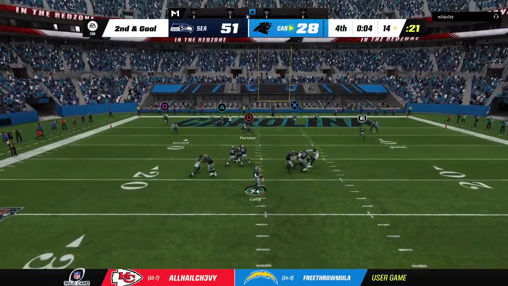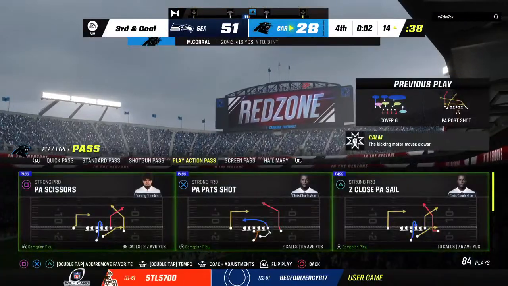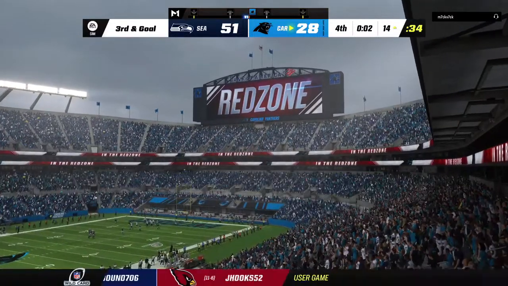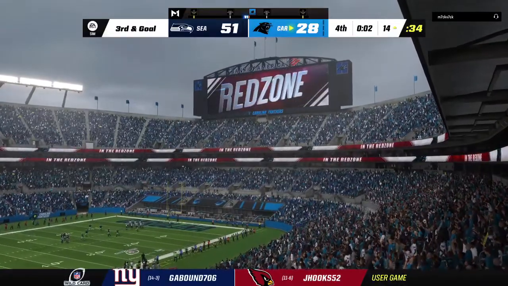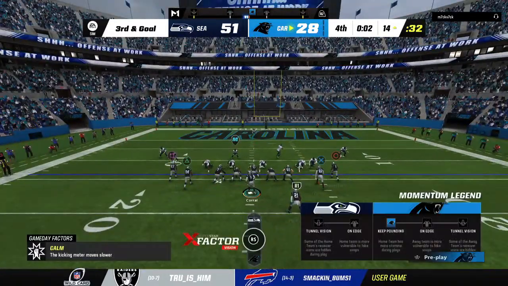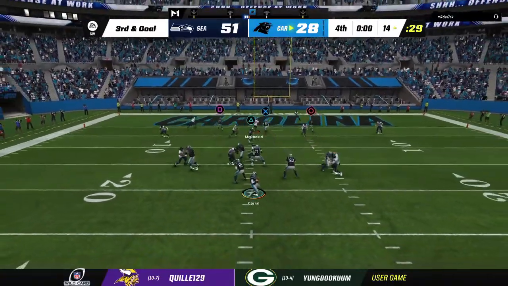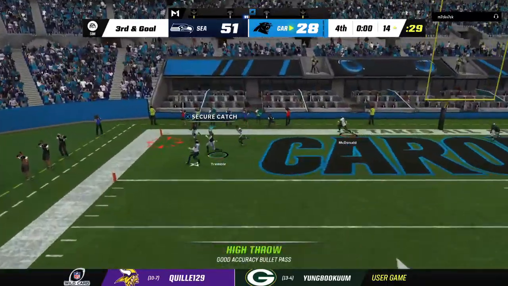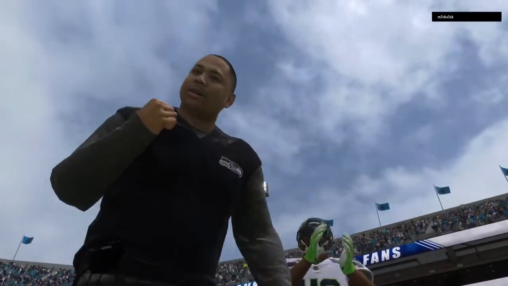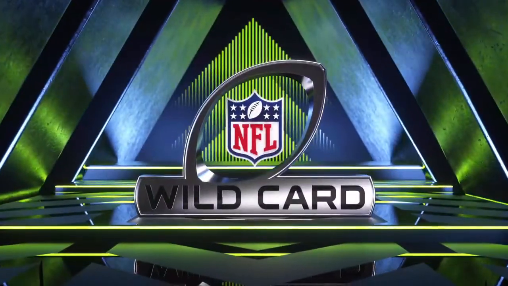Another try after the 1st down sack. Corral to the goal line, but it's incomplete. As soon as he leaked out and began his route, someone on the defensive side broke with him and arrived just in time to separate him from another reception. One final play for Corral. And that will be incomplete. They were going for a consolation TD, but it was not to be. And time has run out now on this game. The Seahawks,